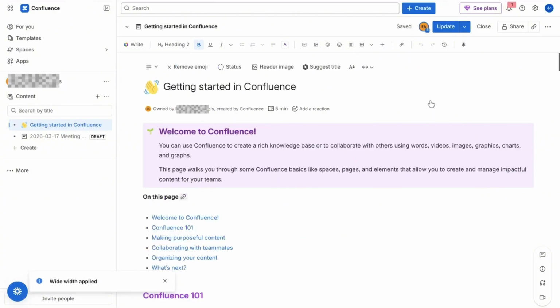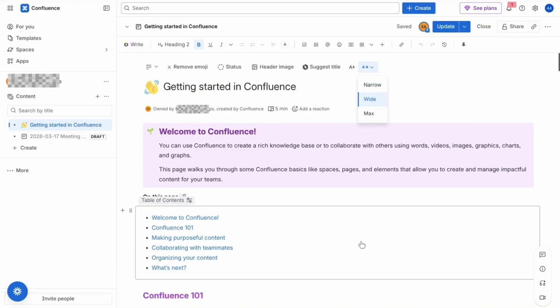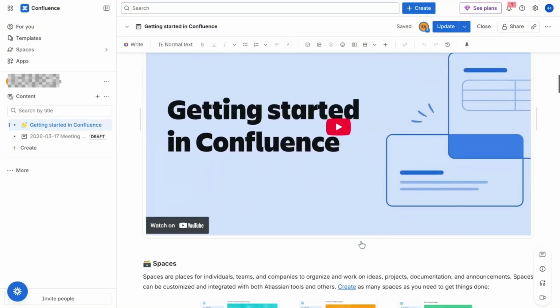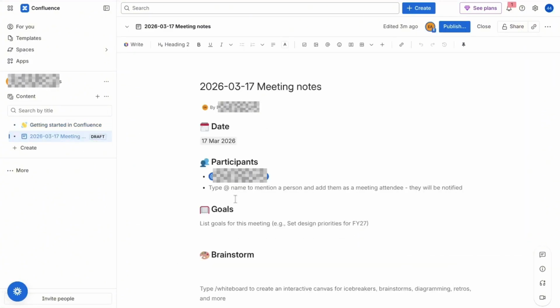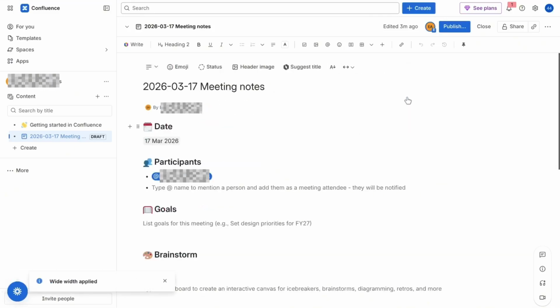As soon as you enable it, you'll notice that your content expands across the entire page, removing the narrow margins and giving you significantly more horizontal space. This is especially useful when working with large tables, embedded dashboards, code blocks, wide images, or diagrams. Using full width in Atlassian Confluence helps you present information more clearly, especially for documentation or team collaboration where space